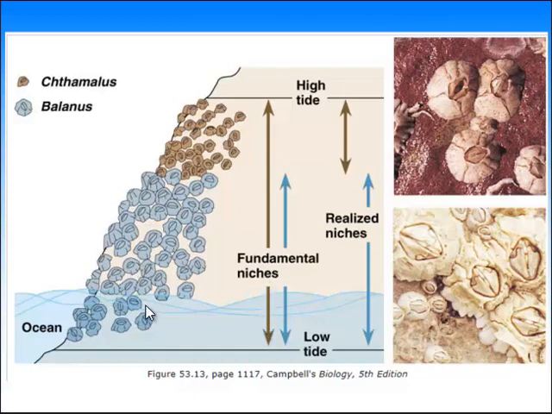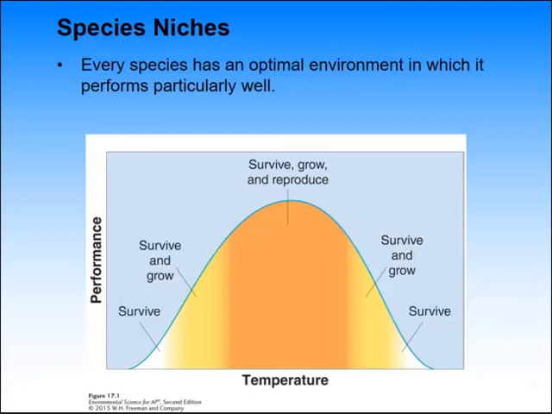However, the balanus barnacle competes with the thalamus for the deeper zone. So its fundamental niche is only here on the blue line. This forces the thalamus to occupy a smaller actual niche, which is right here in the higher, drier habitat. And this is shown in these lines for both of these organisms. So this is the realized niche of the thalamus barnacle. This is what he could have if these guys weren't here. That's considered his competition.